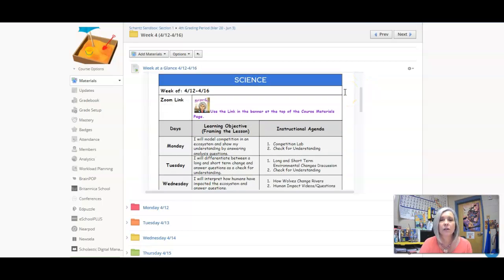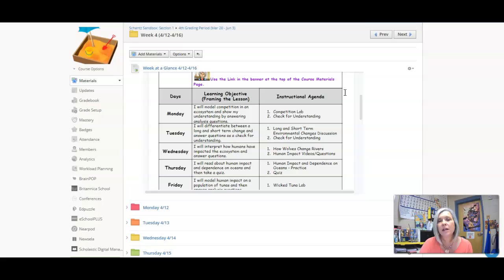So if we start off by taking a look at our week at a glance, you're going to see today you're going to do an activity that will count as a lab grade. It is over competition in an ecosystem. When you finish that, you have a check for understanding to complete. Tomorrow we're going to discuss how there are changes in the environment. Some are long-term, some are short-term, and then you'll have a check for understanding. On Wednesday, we're going to start talking about human impact on an ecosystem, and that will continue through Thursday. On Friday, you will have another activity that will count as a lab grade, and this will be about human